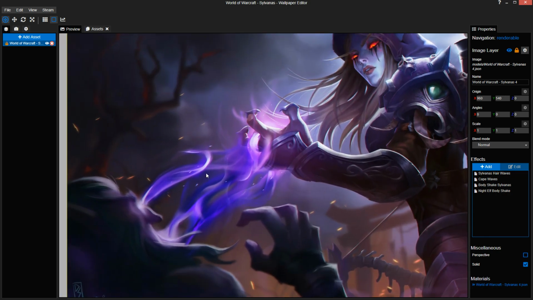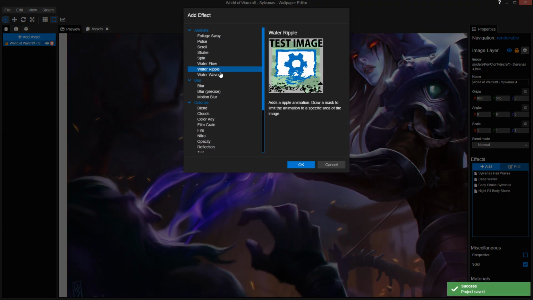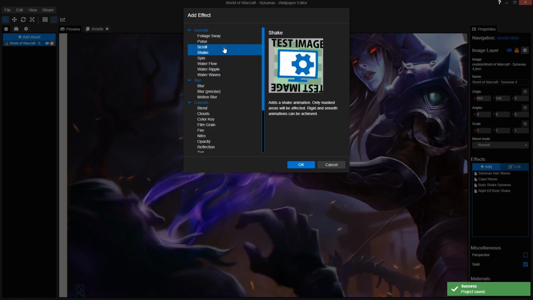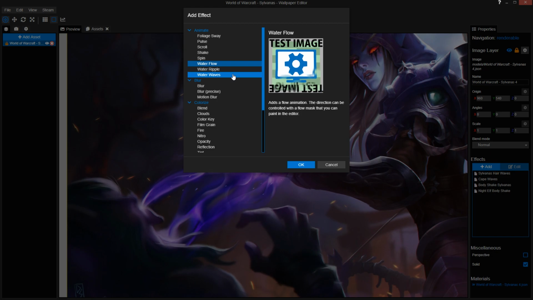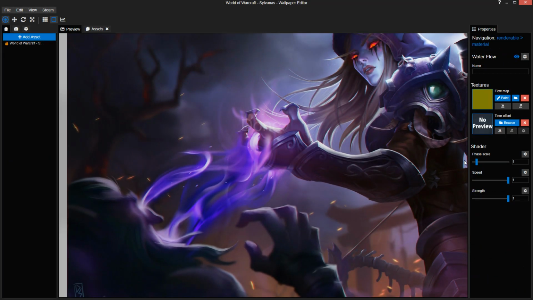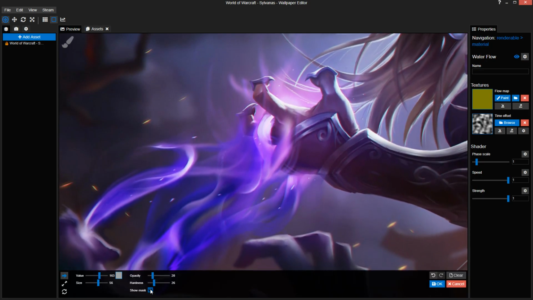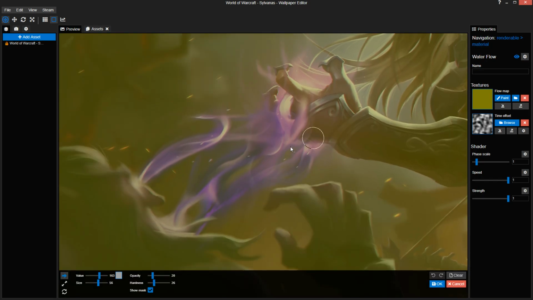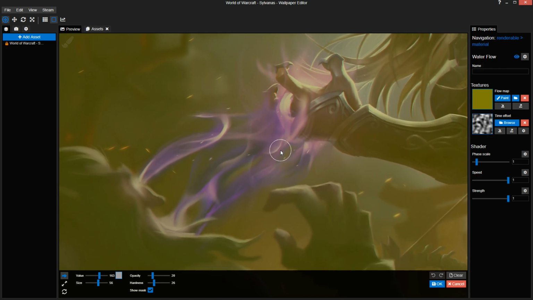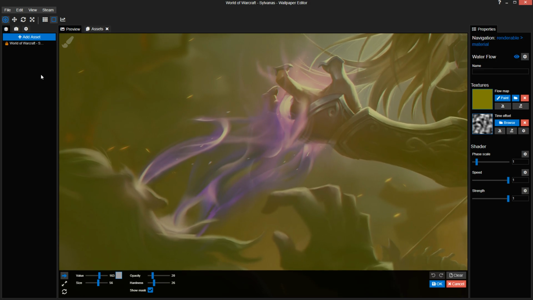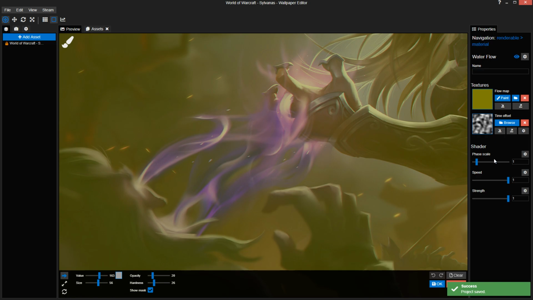Alright, so I still want to change this a bit. There are multiple effects you can actually go over these. I think I'm just going to try it with waves as well, or otherwise. No, I'm going to try flow. Maybe people will be interested in different things as well. Alright, so this one doesn't have an opacity mask. This only has a direction you want to make it move and how strong you want it to move. I'm going to turn everything off again, as that makes it easier.